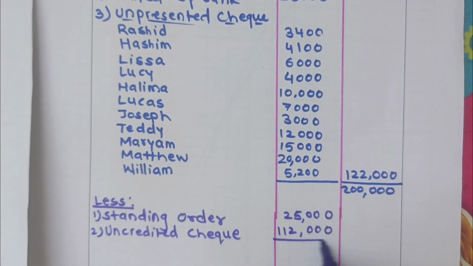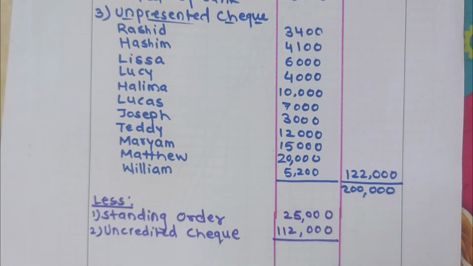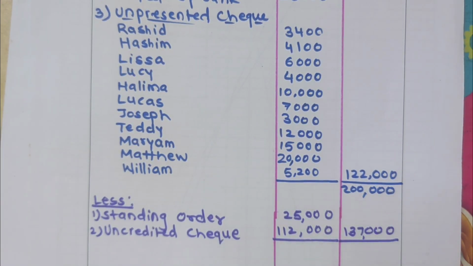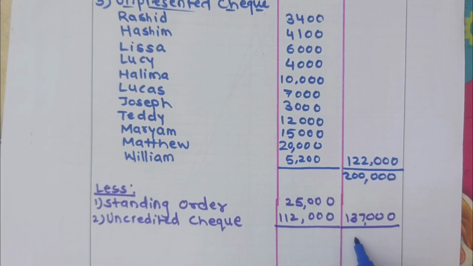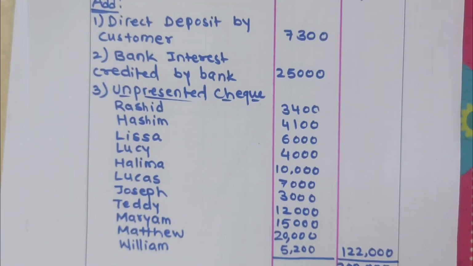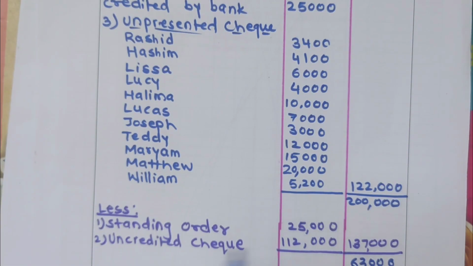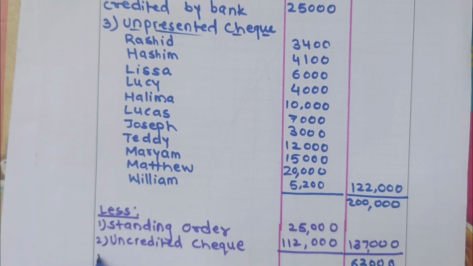So it is 25,000 plus 112,000, it is 137,000. So now we have to deduct this 137,000 from 200,000. So we will get the amount 63,000. See, we started with the balance as per cash book, and then at the end we will get balance